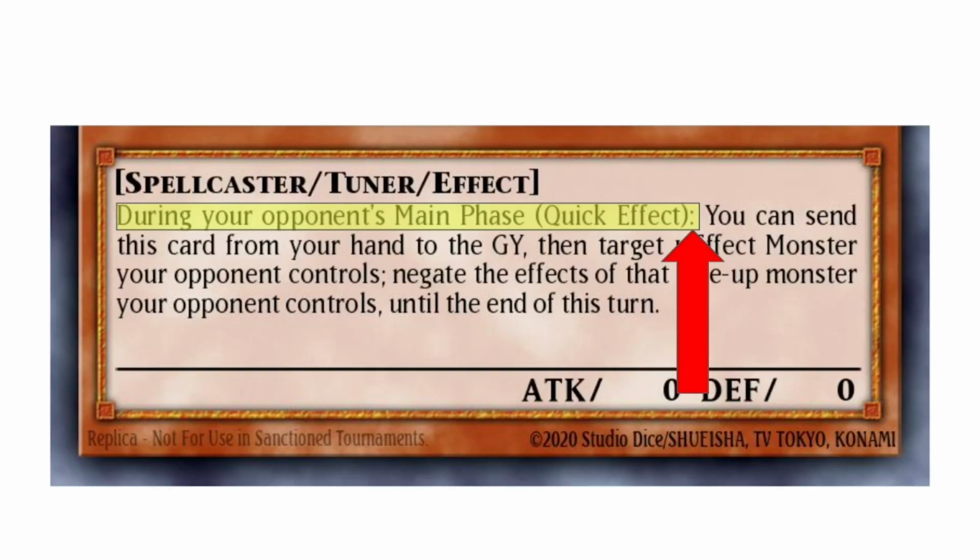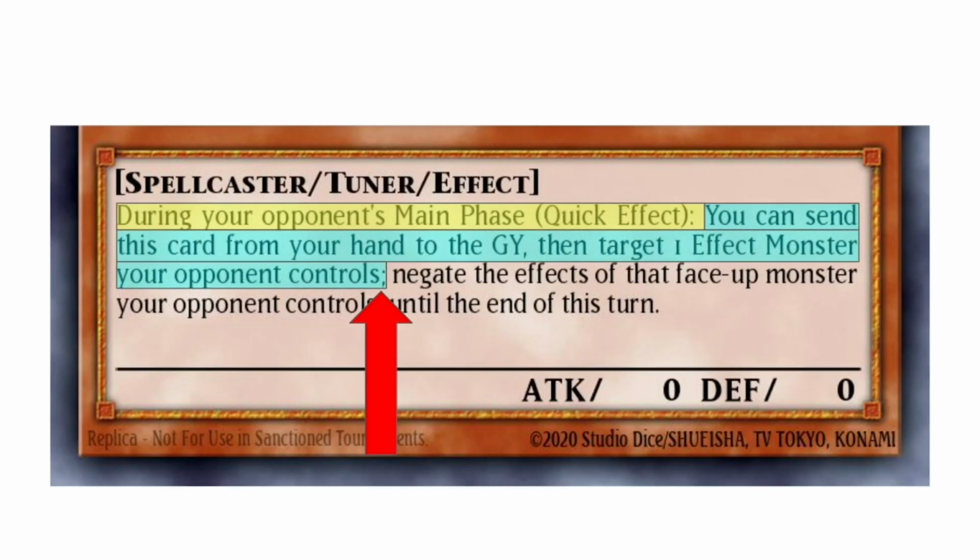The quick effect in the parentheses is just there to note that the card can be used at instant speed, usually on either player's turn. However, the condition before it locks you into only being able to use it during the opponent's main phase. Then we have the semicolon. Anything that comes between the colon and the semicolon is considered the cost for activating the card or designating the target for the card if it has any. In this case, you can send this card from your hand to the graveyard, then target 1 effect monster your